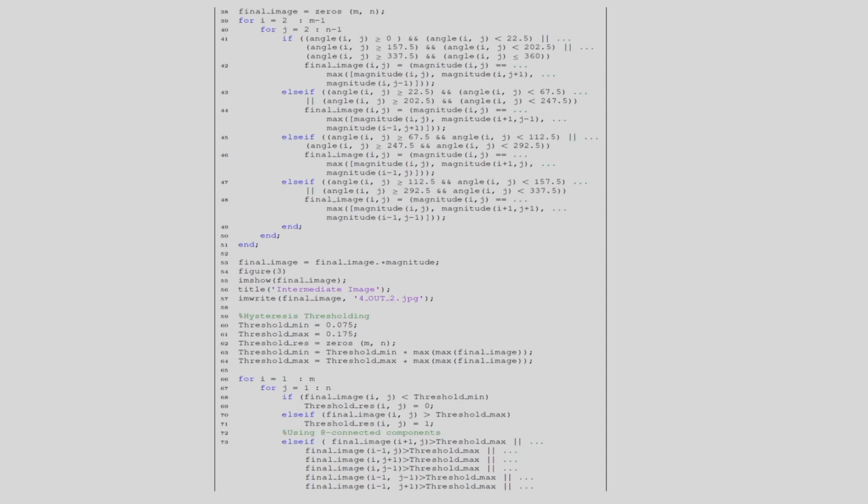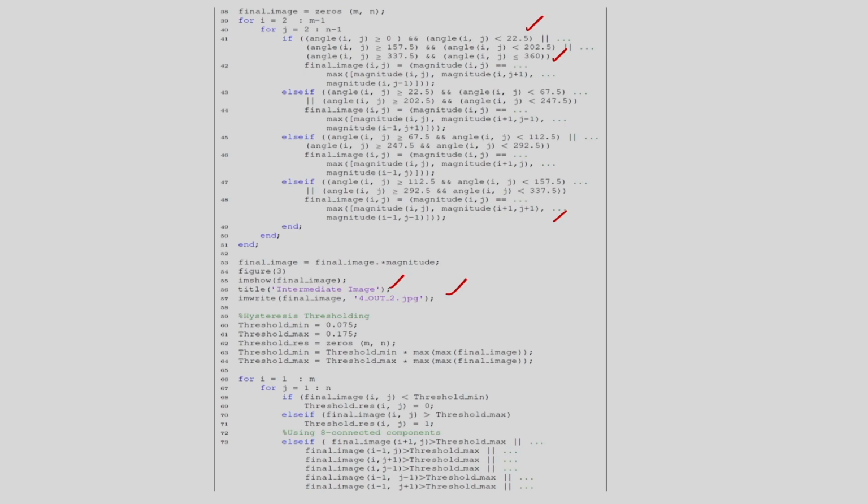After this I can consider the non-maximum suppression. So that means I can consider the quantization of all possible directions into 4 or 5 directions, because I have to search the neighborhood pixels. So for this I am doing the quantization of all the directions into 4 directions. So here you can see I am considering the directions like this, and based on this I am finding the neighborhood pixels. After this I have to apply the principle of the non-maxima suppression. So you can see I am applying the non-maxima suppression and I am getting the intermediate image. So this is the intermediate image.